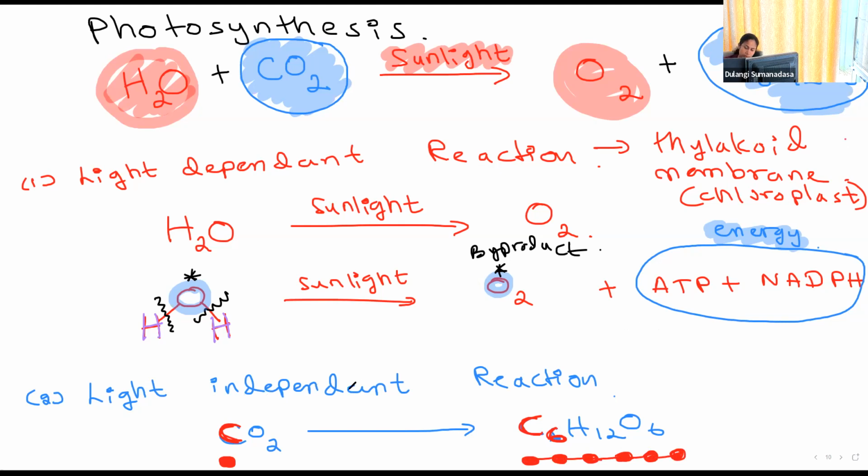If I ask which is the most important reaction out of light independent and light dependent, if you are a plant, it is the glucose production, right? So glucose production happens in the light independent reaction. Plants do photosynthesis to get the glucose out, because in cellular respiration, they can break it down to make the ATP. So the main reaction in photosynthesis is the light independent reaction, but plants can't just do the light independent reaction because some of the products need to be present